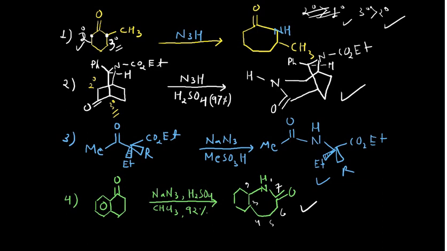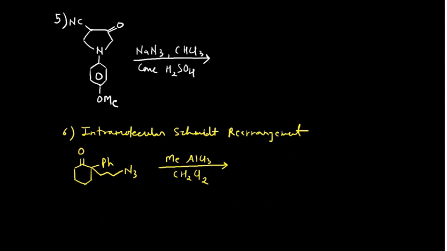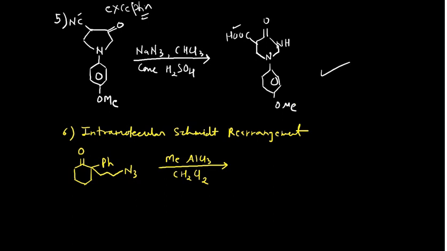Now the next problem you can see here. This problem is a kind of exception. Please remember, this is the exception. Here it is difficult to find the product, but the product in that case was this, with your NH. So insertion occurred in that case. Since you have used this one, the cyanide has been converted into the acid also, and this part is here. So this is the kind of exception.